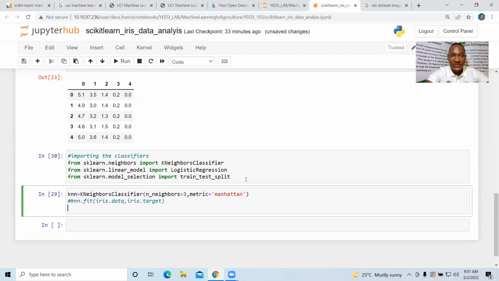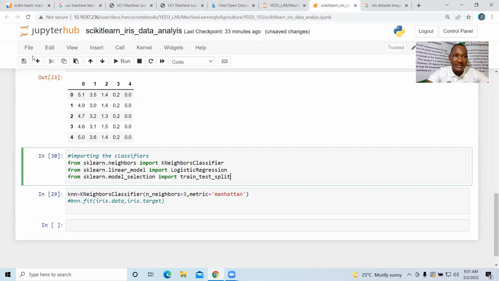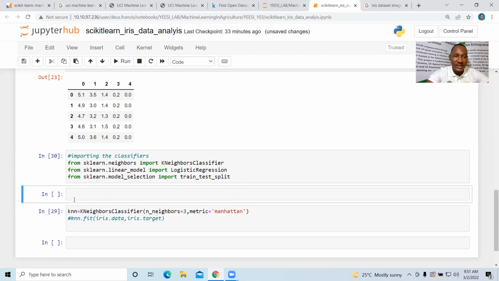So here, I'll just add another cell and say I'm going to split the data into the training and the testing part, like this: X_train, comma, X